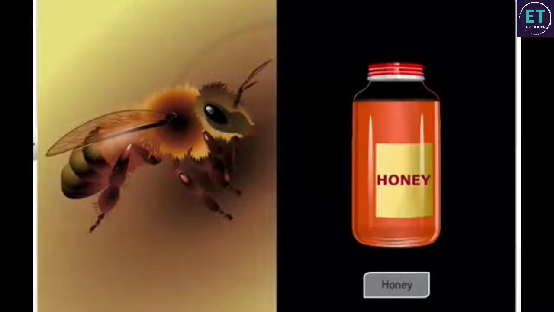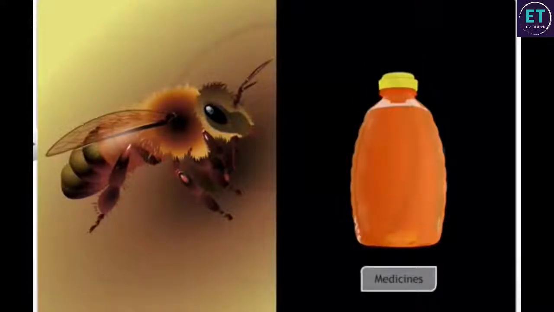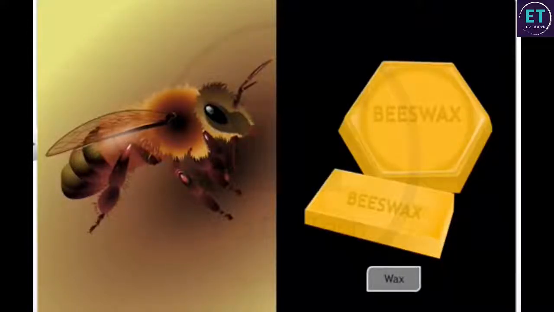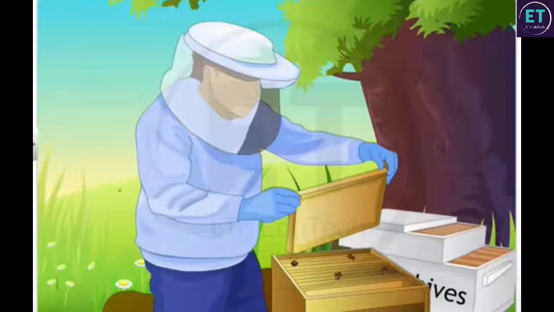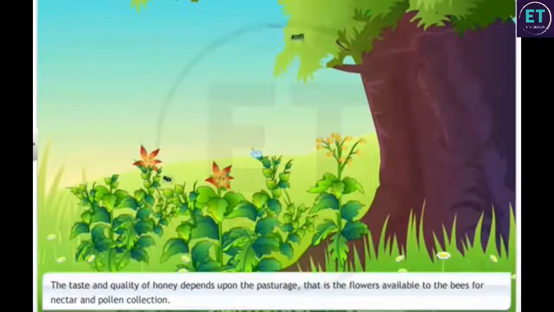Beekeeping helps us obtain honey, which is widely used in food as well as in medicines. Beehives are also a source of wax, which is used in various medicinal preparations, such as ointments, because of its antiseptic properties. Since beekeeping needs low investment, it has become a popular agricultural enterprise. The taste and quality of honey depends upon the pasturage, that is, the flowers available to the bees for nectar